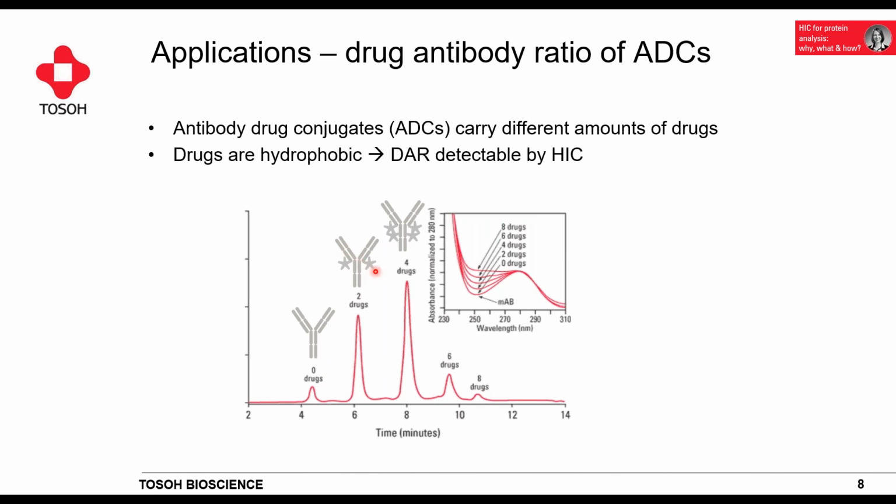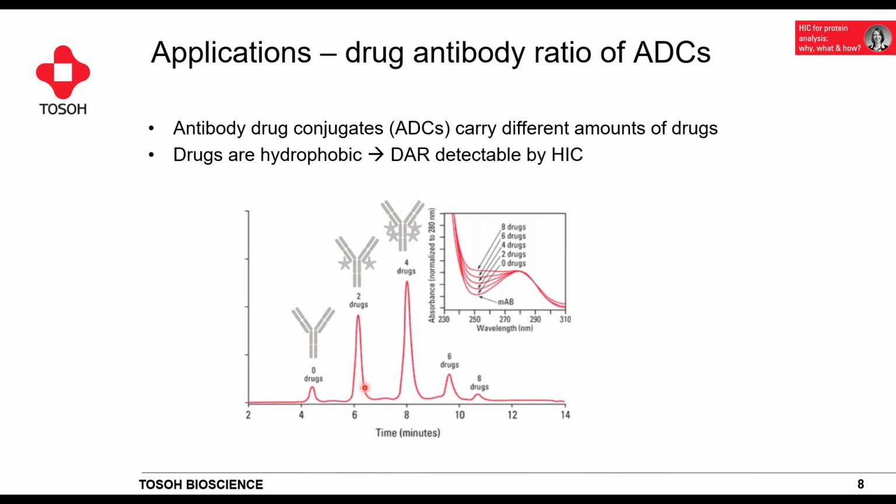So it basically delivers the chemotherapeutic directly into the tumor. This makes the molecule much more hydrophobic, and of course it's important to know how many of these drugs I have attached to my antibody, because this will be the actual drug that elucidates its mode of action. Now, how many drugs on average there are on an antibody is called the drug-antibody ratio, and this is something you can determine by